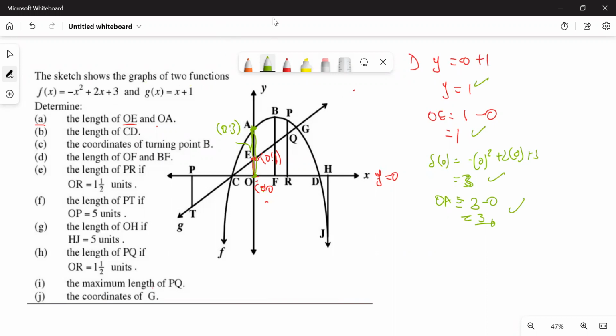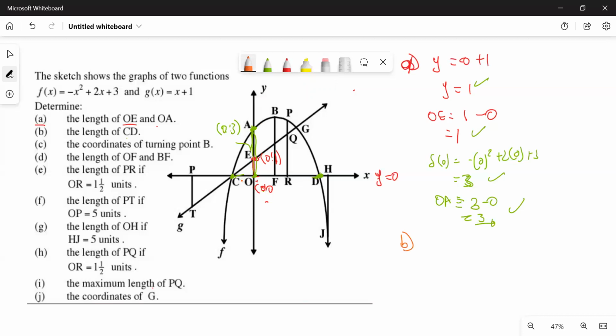Okay, we're going to go to the next one, CD. Let's go and check C and D. So what is happening here at C? It's the x-intercept of F, and it's also the x-intercept of G again. And then D is also an x-intercept of F. So we can use F because C and D are both on F. So we'll say number B. Oh, this is number A here. So number B,